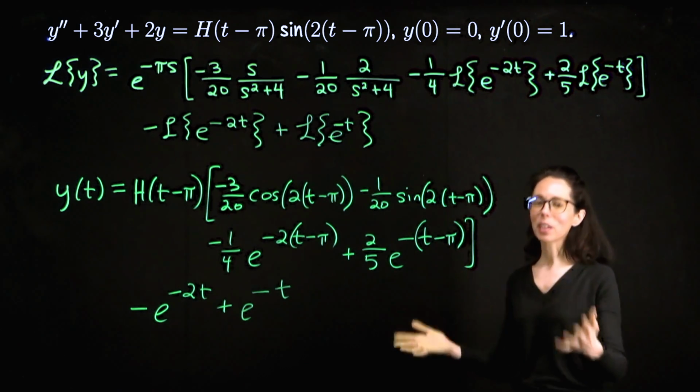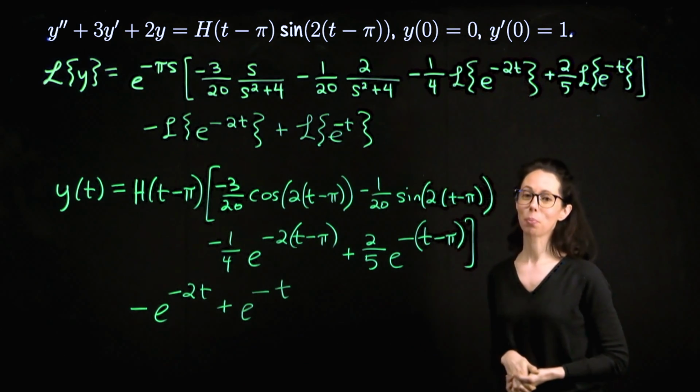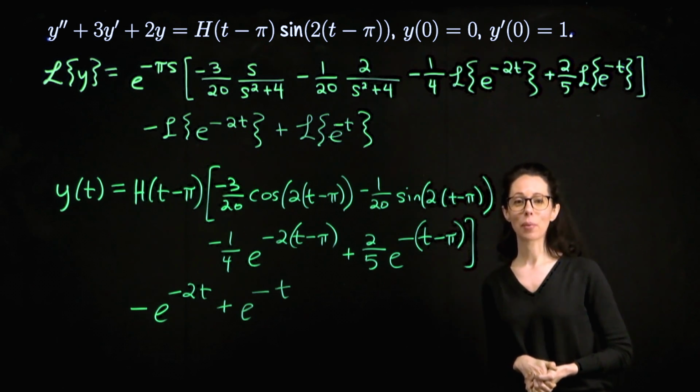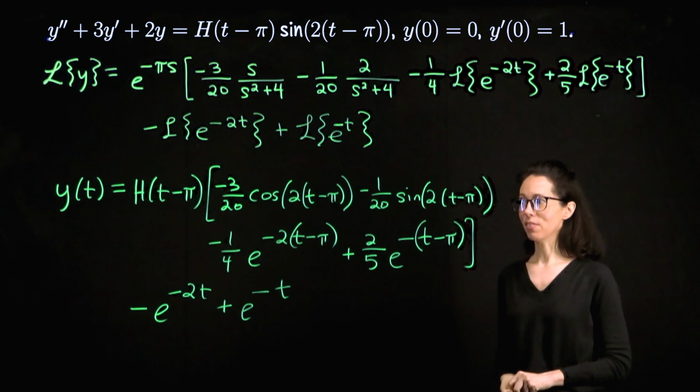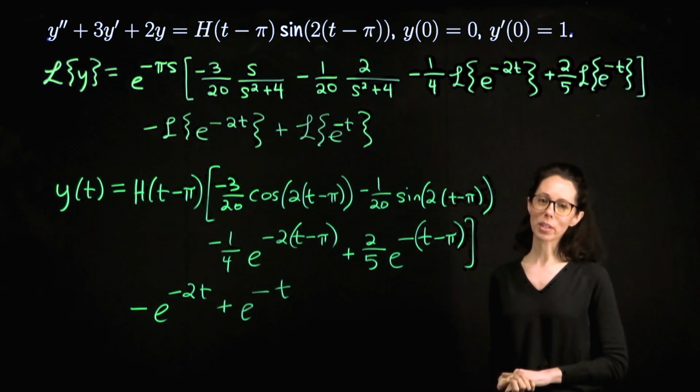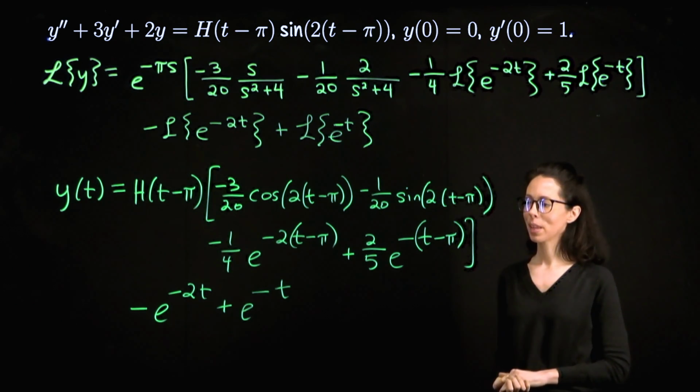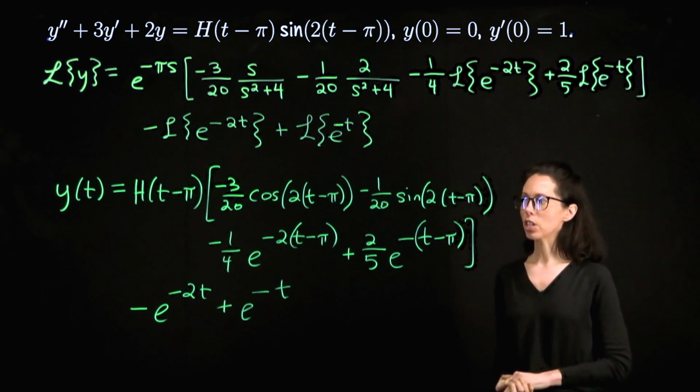All right, that wraps up this example. I know it looks like a really big computation. I mean, we basically filled this board twice, but hopefully we did it in a way which is systematic enough that you feel confident going forwards with these kinds of Heaviside functions where you have this shifted forcing function on the right-hand side. What I would like to do is leave you with an illustration of the solution to this